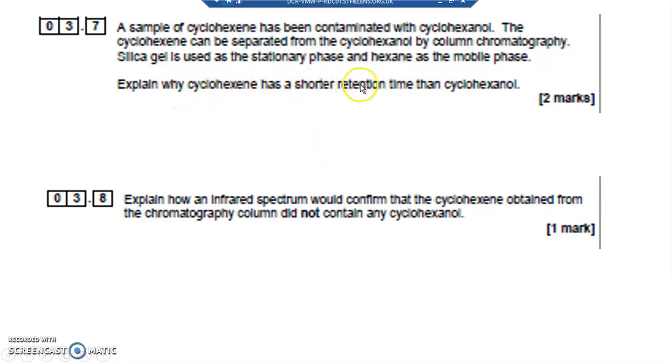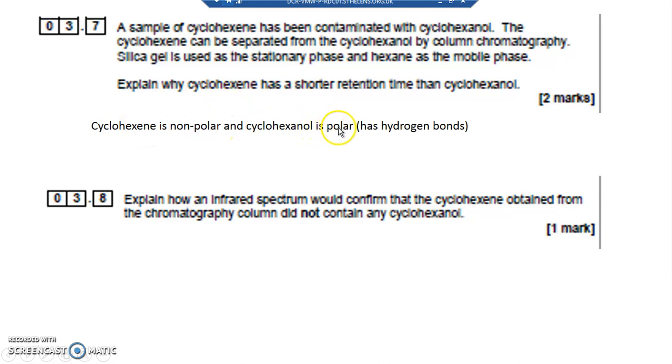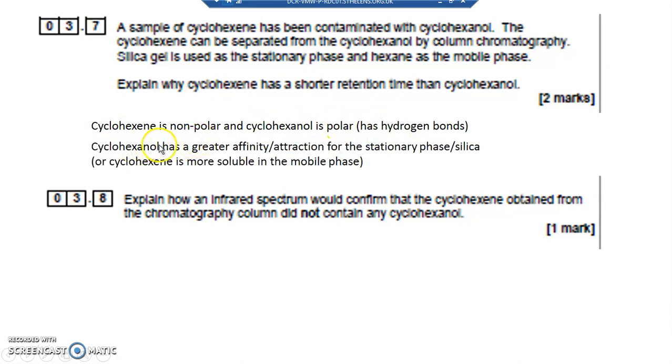Explain why cyclohexene has a shorter retention time. A shorter retention time means it's going to run through the column more quickly than cyclohexanol. It's because cyclohexanol has got an oxygen to hydrogen, a very, very polar bond. So the polar bond is going to adhere or be retained on the silica gel. So cyclohexene is non-polar, cyclohexanol is polar. It's going to have hydrogen bonds. So the cyclohexanol has, you could say, greater affinity, attraction, retention to the stationary phase. It's basically going to stick to the stationary phase and not move as far or as quickly as the cyclohexene,